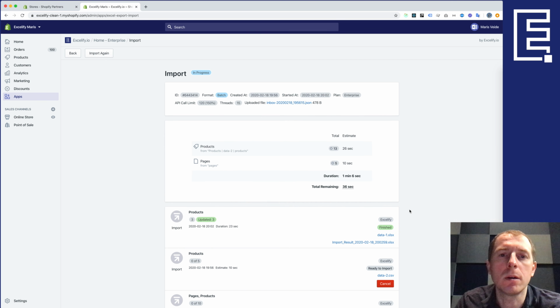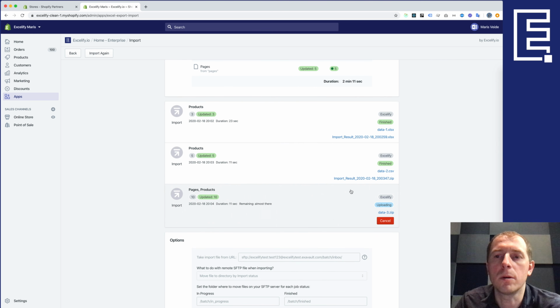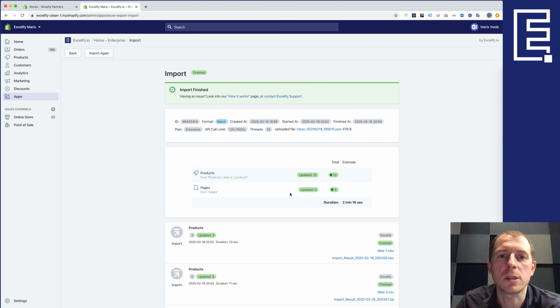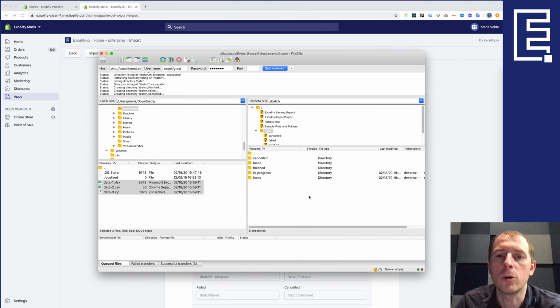Okay, you see the job is working and it's importing those files one by one, and let's just wait for it to finish. It's important to note that it's importing those files in alphabetical order, as the files are, and it's importing them one by one so that the data comes in sequentially. While the first one is importing, the others are waiting for the previous ones to finish, and then it goes to the next one. Okay, so we can see that all the files are imported, and now if we go